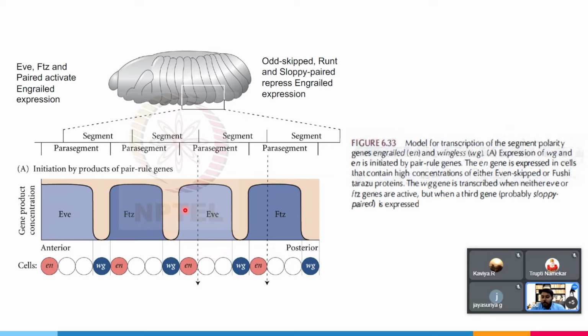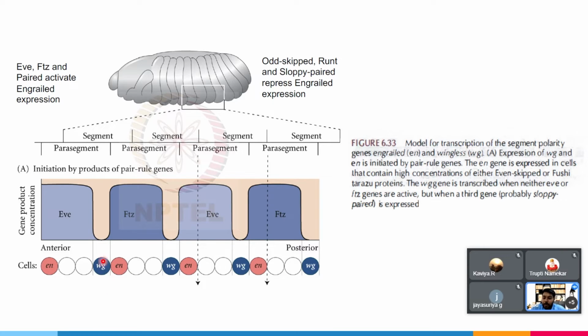What happens is that the presence of even-skipped, Fushi tarazu and another pair-rule gene, paired, helps in the activation of engrailed. So with a high concentration of even-skipped or Fushi tarazu, we will have a high expression of engrailed right here. So these cells start happily expressing engrailed, but the other genes such as odd-skipped, runt, and sloppy-paired repress engrailed. So from this portion on, we have a repression of engrailed, so that engrailed expression is only present in these cells,